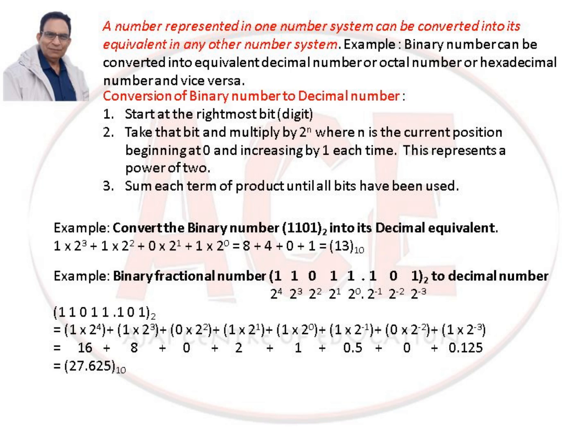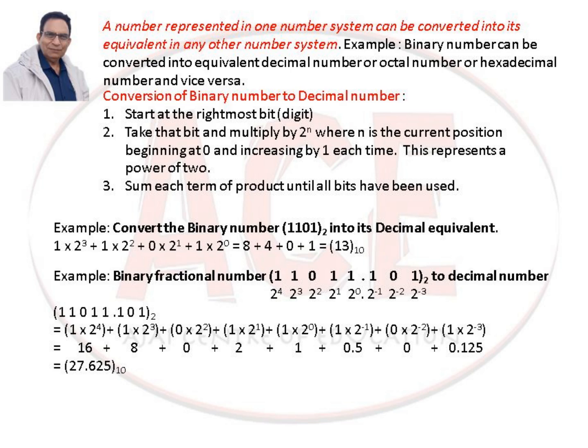Example: converting a fractional binary number into a decimal number. Here is the example. If the binary number is 11011.101 base 2, considering the position, the value of each digit in binary is as follows: 2 raised to power 4, 2 raised to power 3, 2 raised to power 2, 2 raised to power 1, 2 raised to power 0. This is coming towards the left of the decimal point, and if we go after the decimal point, the values coming are 2 raised to power minus 1, 2 raised to power minus 2, 2 raised to power minus 3.